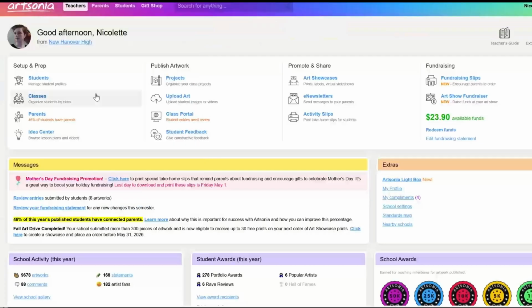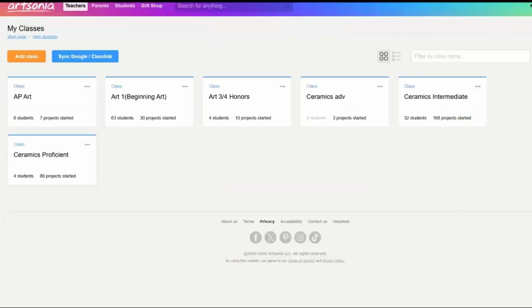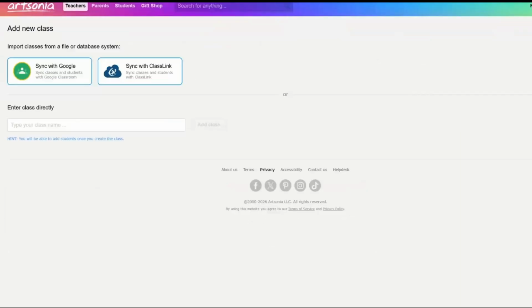All right, and so the first thing I want to do is create a class for my students to go into. And I already have my original classes listed here. I'm going to add a class. You could do this in high school. It makes sense to do it by class. My Art 1s, I have two separate Art 1 classes currently, but they're crammed into one big Art 1 class. They do the same curriculum. But I could have it be broken up into Art 1 first block, Art 1 second block, but for me,